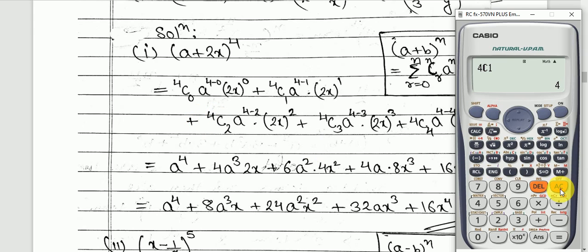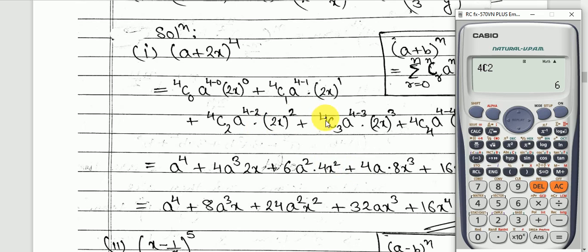So if you have got a calculator, then you have to type 4, then shift, then this, then 2, you get 6, so 6 over here, then a square, then 2x whole square, that means 4x square, plus,